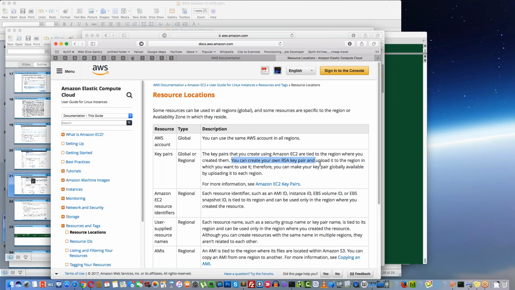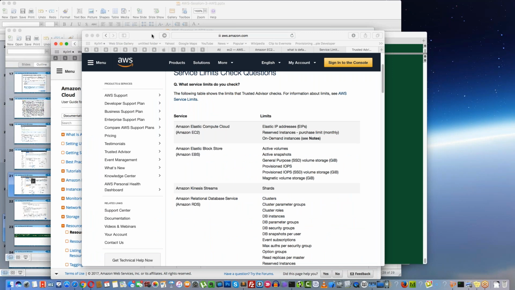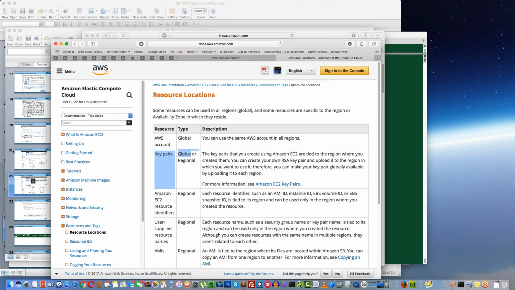But you can also see here they have made a change where you can also have regional keys as well. So key pairs by default are global. For our course, we will consider it as global. Okay, so coming back to the slide,